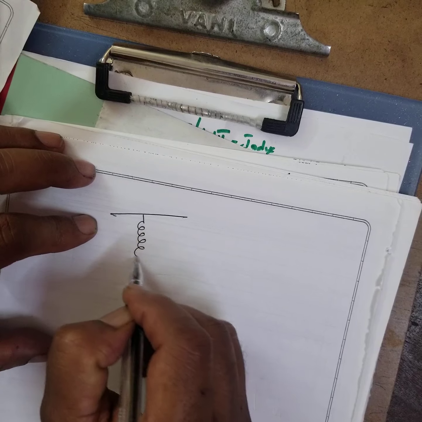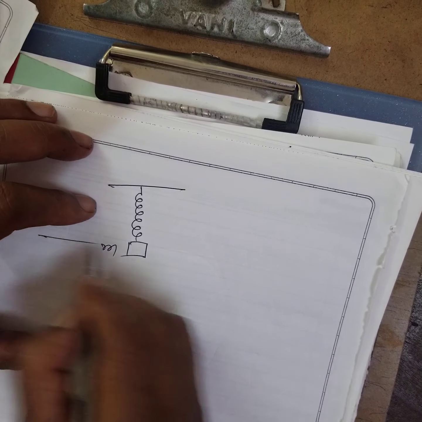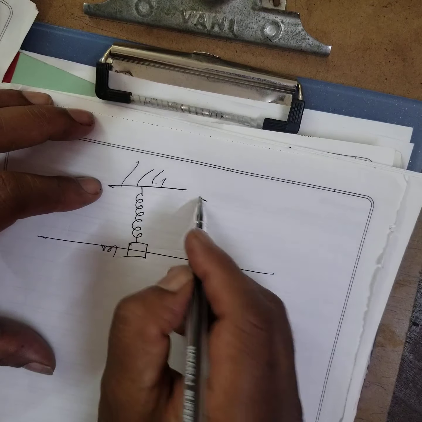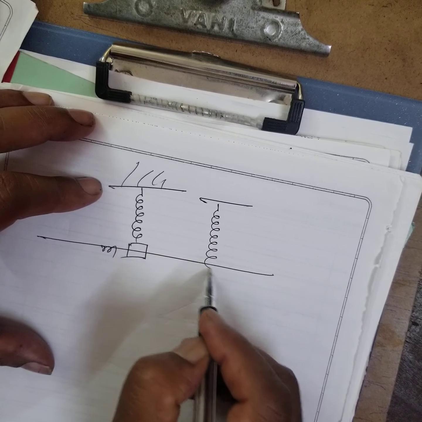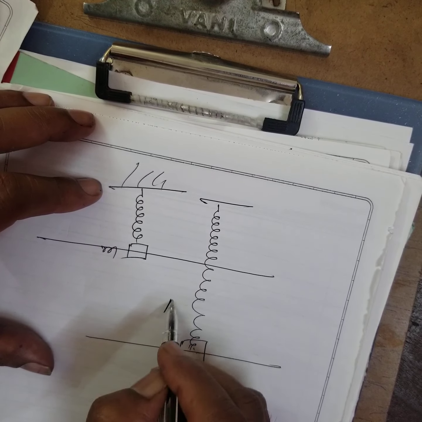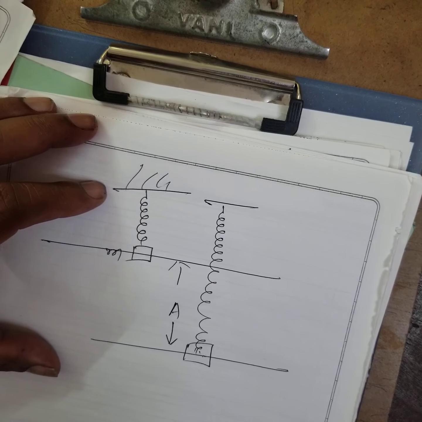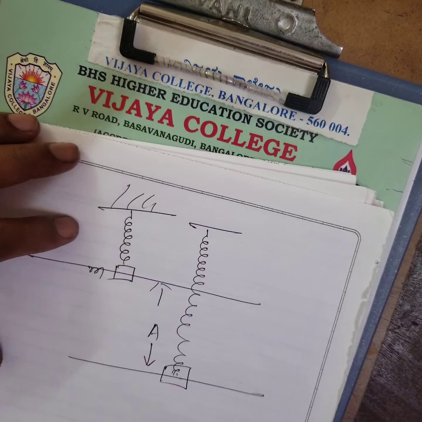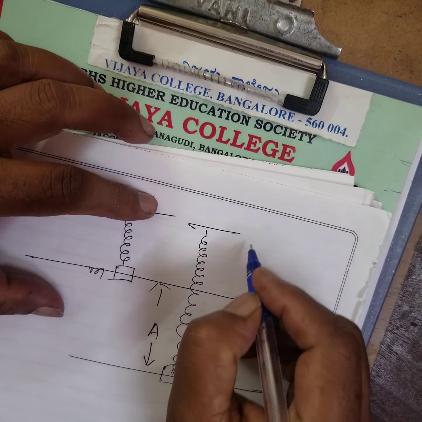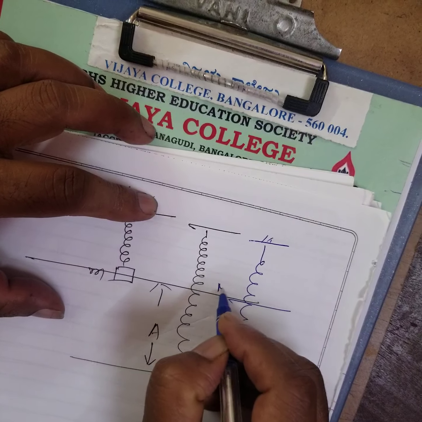think about this. There is a body of mass m attached to a spring. It is in equilibrium position. I pull it down, right? It is a maximum displacement from the mean position. It's also called amplitude. Now, if I pull it to the maximum distance and release it, what will happen? The body begins to move towards the mean position.